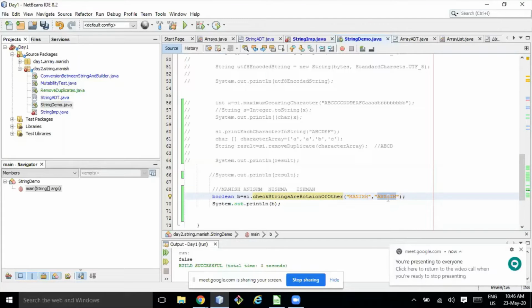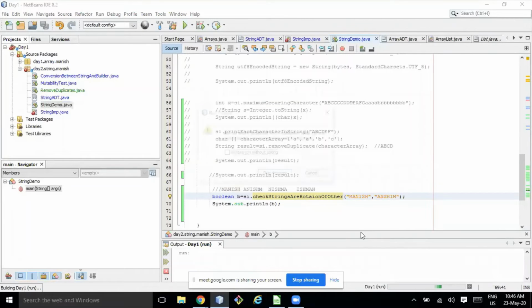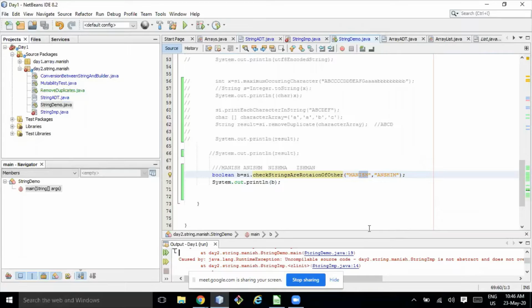Can we do something to make this function work? This will return true, although what happened?